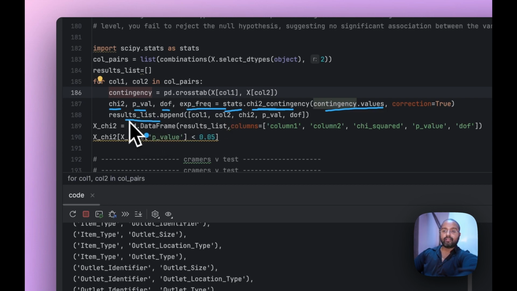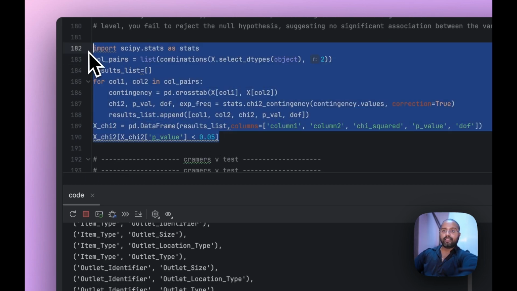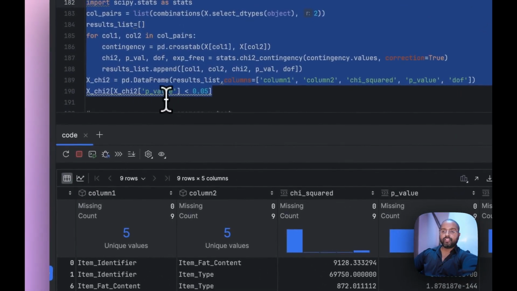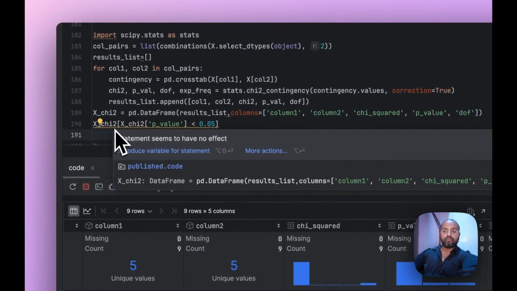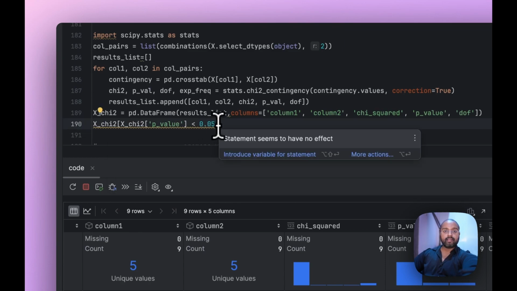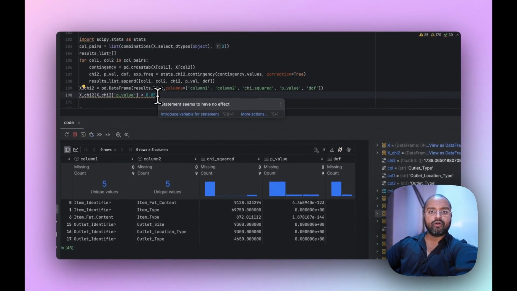And finally, we convert all this into a pandas data frame and then look at all the values which are less than 0.05, right? So hopefully that made sense. Let me just run this. So when we print out all the combinations which had a p-value less than 0.05, which in our case means that there is some kind of